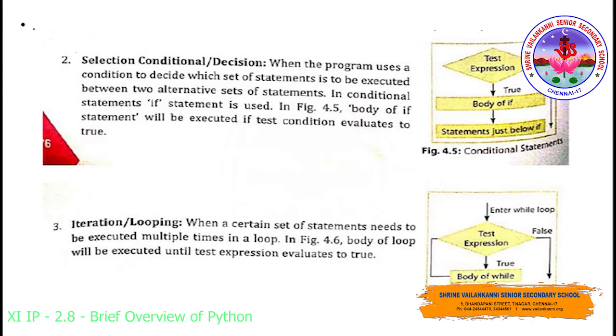When you look at the selection or conditional based statements, here you will use the keyword called if to provide conditions in between a program. When you come across two alternative sets, that is, two choices, you have to choose any one choice alone. You cannot go with both the choices, right? So this or that. You can take a simple example. If the person's age is greater than or equal to 18, he is eligible to vote. If he is less than 18, he is not eligible to vote. This is one real-time example.